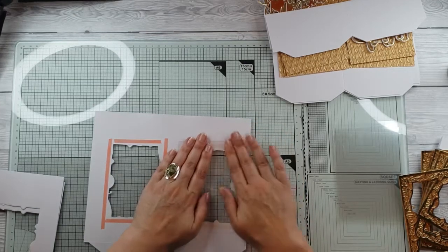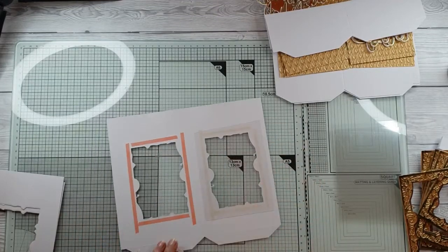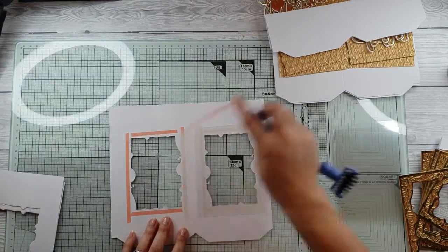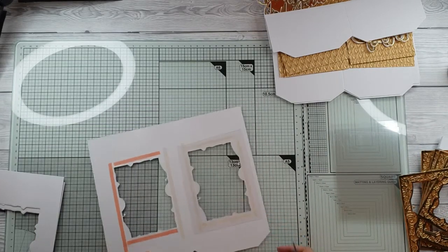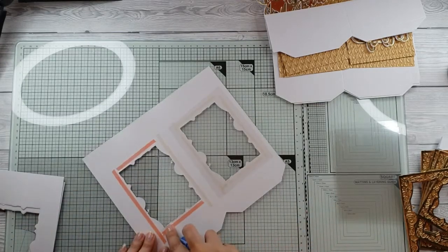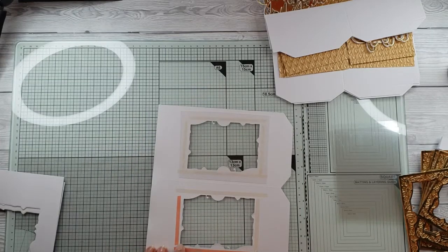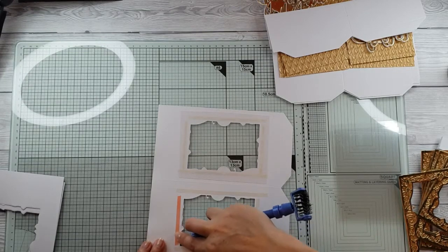So I'm just placing this down. Obviously I've put my double-sided tape on the back already, and I'm just placing my square pieces of acetate, and I'm doing this in the right way. Yes, double checking. Just placing my pieces of acetate inside the panels, not just to reinforce it, but obviously that's where we want our